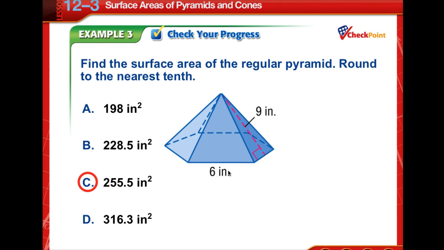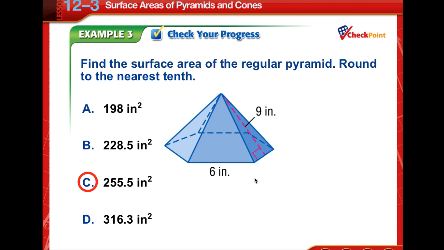To find the length of the apothem, it's got 6 sides, 360 divided by 6. Our central angle is 60 degrees. But to go to the triangle, we find the tangent of 30. And this part of the measurement of the triangle would be 3 inches. So tangent of 30 is equal to 3 over a. So the apothem is